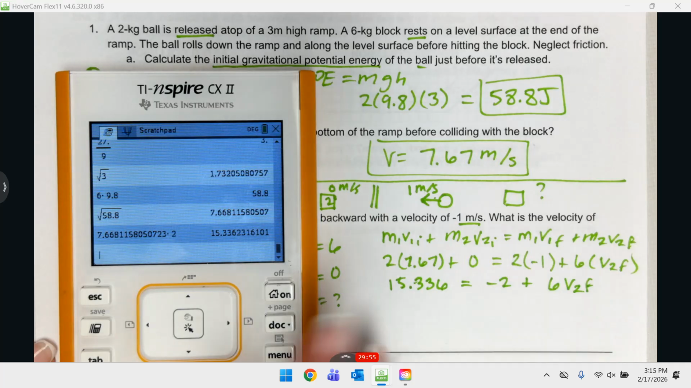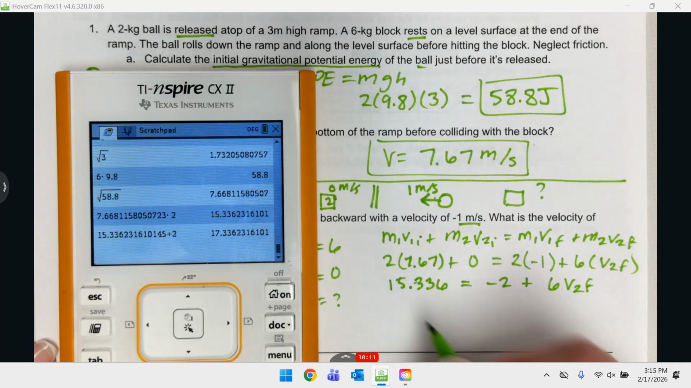Again, please don't add those. These are not like terms. Instead, you need to move this over here because it's a negative value, which means you're really subtracting 6 V2F minus 2. We're going to add 2 to both sides. That will cancel this, so we're going to add 2 to this as well, giving us